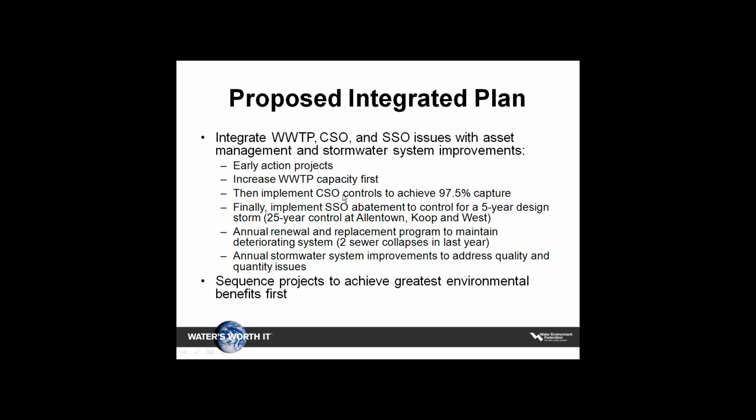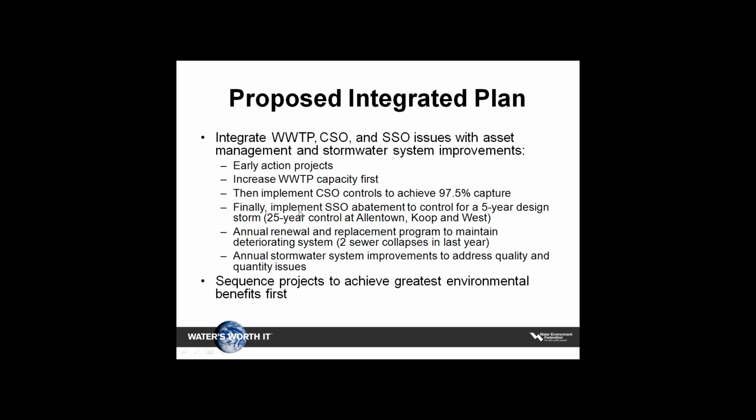Following that process, then we'd implement the CSO controls, which would take us to 97.5% capture, a very high rated number. That would amount to a 5-year design storm capture. A lot of discussion with the agency over this. Their design standard basically has been for a number of years in the CSO area as 4 overflows per year. But in the integrated plan world, we basically were reflecting that we just could not afford to go any lower than the 5